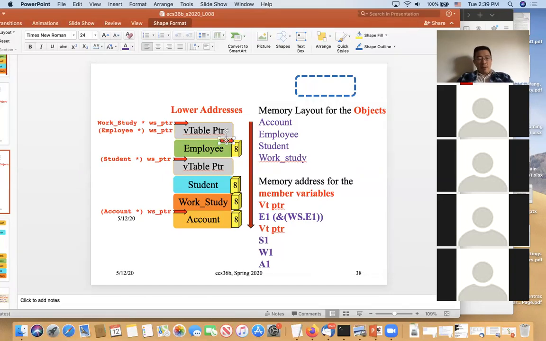And similarly, you can do the same thing for this. I'm wrong. Sorry about that. This is tough for me. If you do S1, you're going to see the address here. If you do W1, you should see the address here. And if you do the address of A1, which is &ws.a1, like this, this address should be equal to